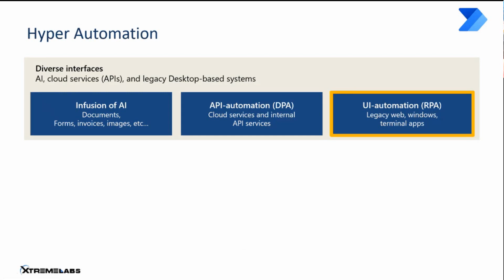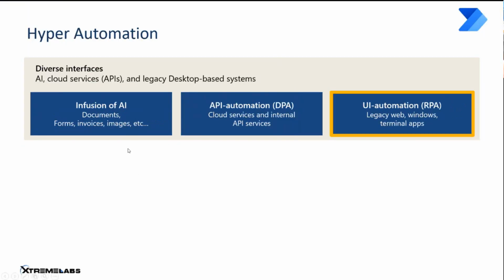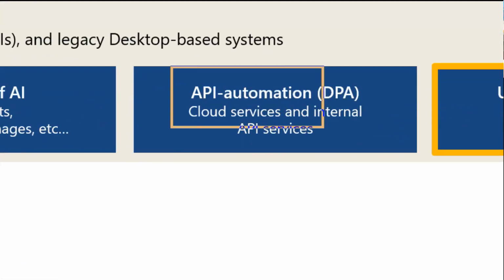So we can use AI to process documents, forms, invoices, images, all these kinds of tasks. We can do it with these AI models, okay? So that's one of the parts that we will be creating today. We will get information from an invoice, and then we will enter this information automatically into a CRM, okay? Also, we can create